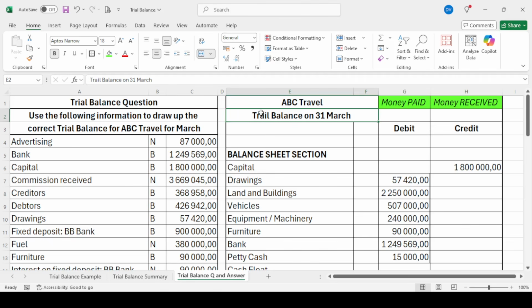Chances that you will have to do this in the exam is 50-50. I don't know, because it's going to depend on whether they want you to do a full income statement and a full balance sheet. If that is the case, they're going to probably give you an already correct trial balance. But it could be the other way around, where they give you a trial balance to fix, and then they only ask an income statement and not a balance sheet. So it depends on what the examiner did. We will all see what happens. But for now, maybe just watch the video one more time to be sure.